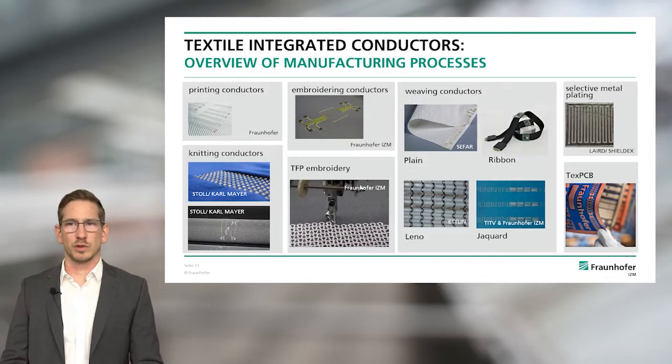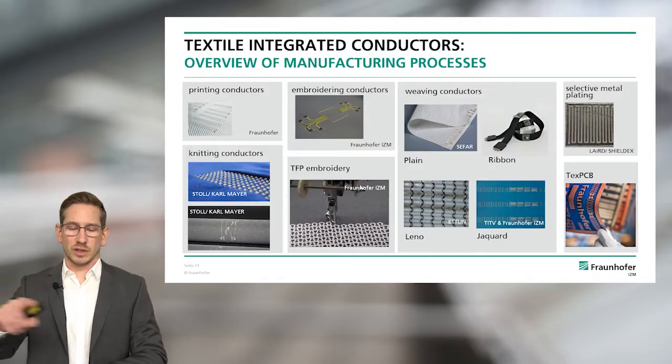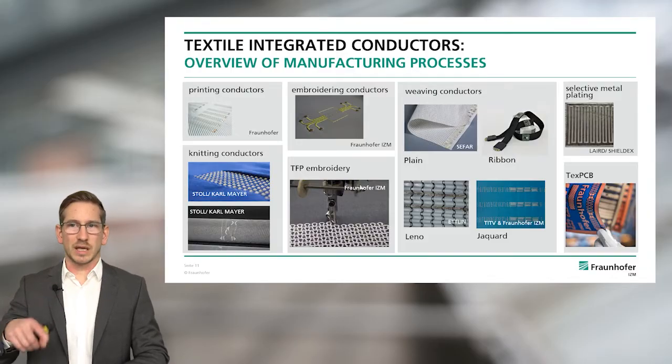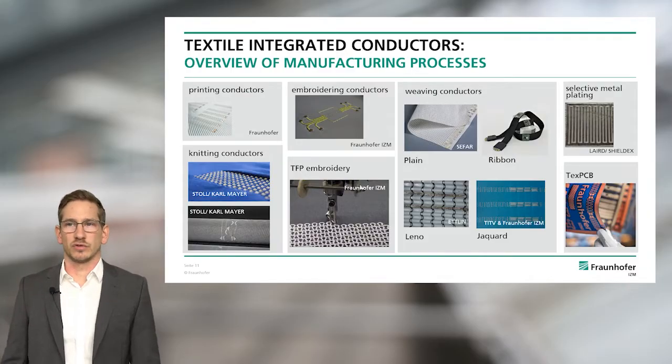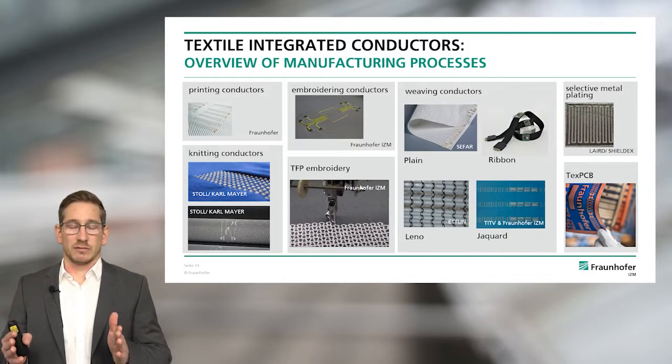You have plain normal weave, you can weave ribbons, you have leno weaves that allow you also to integrate a conductor with a bigger freedom of design, and you have also jacquard weaving, which also allows a huge freedom of design. Other structuring technologies are for example from Gebrüder Dex, selective metal plating, where you can plate conductive materials directly on